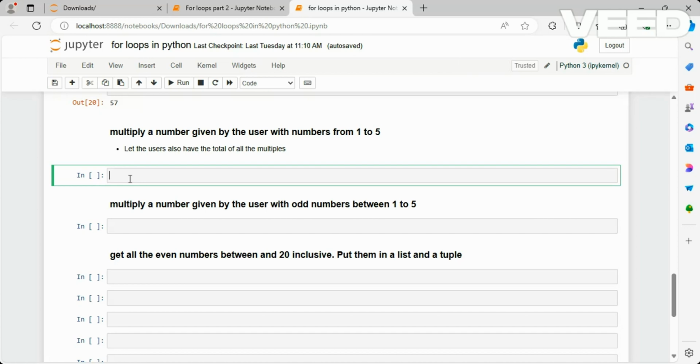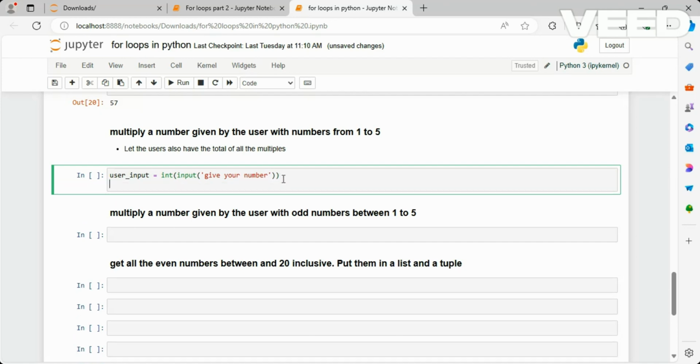So let's say that we are going to use the input function. User input is equals to int of input. You should know why we are using this one now. The int of input, and I will add the prompt: give your number. So I will say